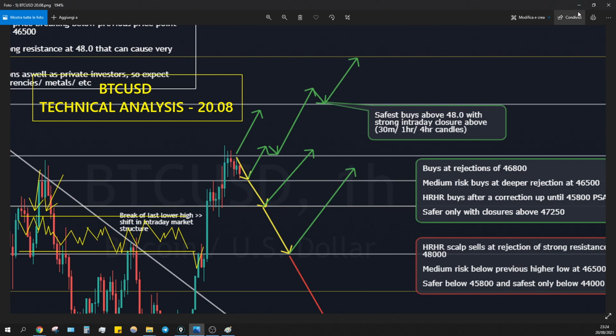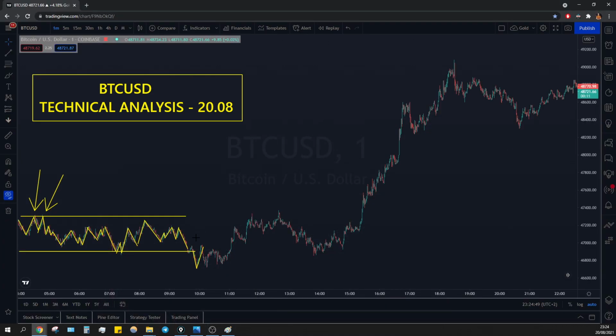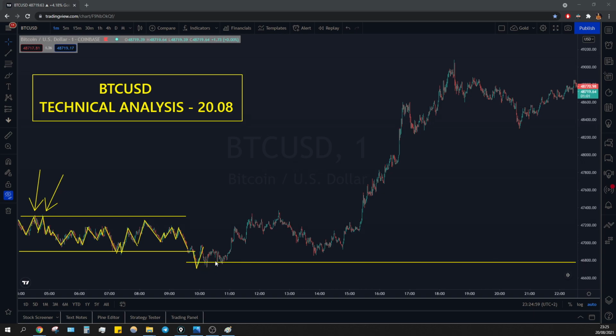and we were expecting rejection. As we saw on gold, we are not expecting the rejections to be exactly on the dot. So 46,800 is here, maybe here. So it's not that we have to always see a rejection, I mean, here, touch the line and then push back up. We can see maybe the first touch, then we see the double bottom can even be slightly lower, but then we see break, retest, sorry,